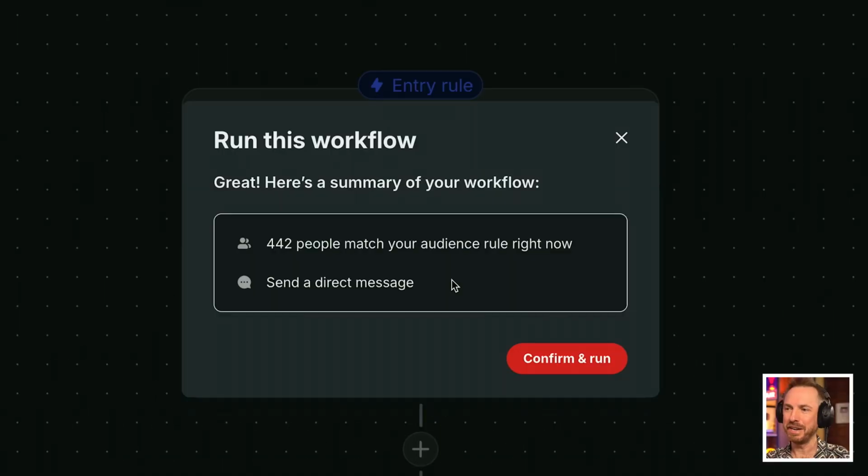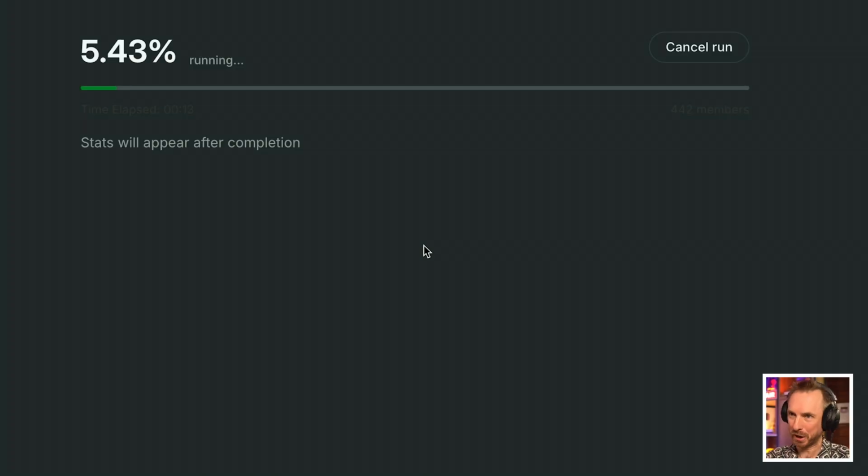And run now. As you can see here, it's confirming 442 members will get a direct message from me immediately. Let's do it. And boom, look at this. It's running right now. It is messaging those hundreds of members and hopefully reactivating a few. Now, of course, this will take some time, but we've got time. Let's move on to